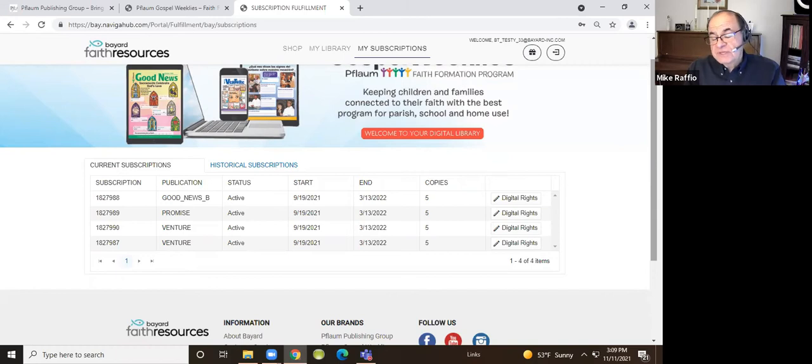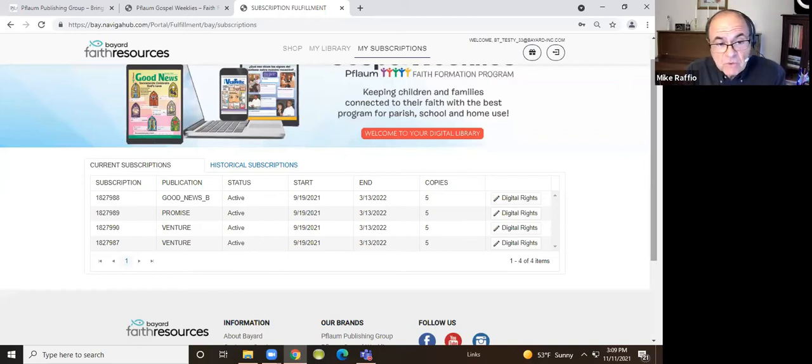So if you are purchasing all 5 levels, seeds through visions, you will see 5 of them. If you're purchasing all 5 English and all 5 bilingual, you'll see 10 of them here. And again, if you've divided your order in any way into different classes, like these 2 ventures, you'll see all of those. So you'll see multiples of all of those. So this basically is the confirmation that this is your order.